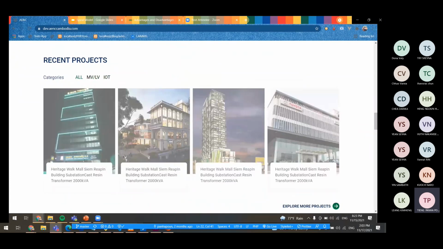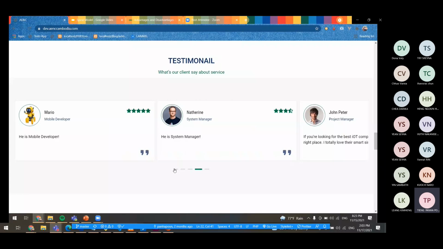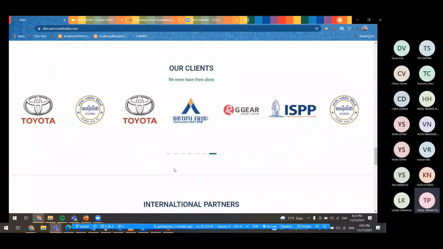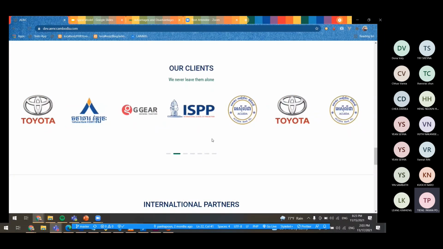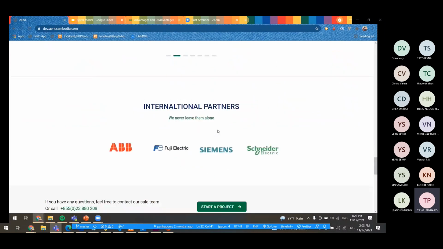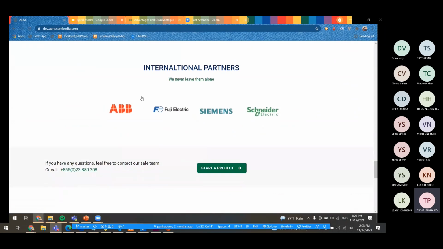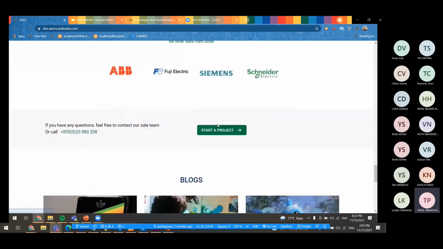Okay. And recent testimonials users can see like this. Our client, users can see a lot of logos of our clients like this. And in the international partner section, users can see logos like this.